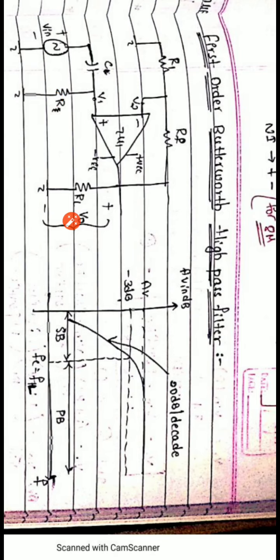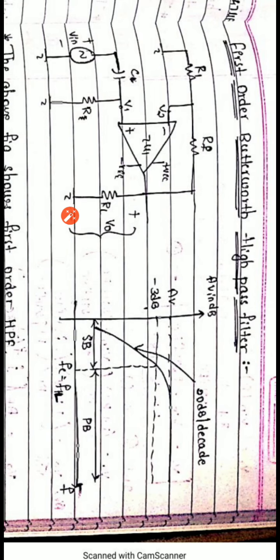Due to this, we can say that this filter only allows the high frequency components and blocks the low frequency components. Now we will discuss how this circuit blocks the low frequency components and allows high frequency components. As we know, the reactance of the capacitor is inversely proportional to the frequency. When the frequency of the input signal is low, the reactance of the capacitor is very high and it acts as an open circuit. So the signal at the input side will not flow towards the output of the op-amp, it is blocked.